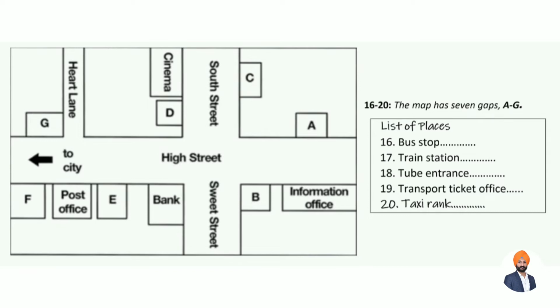Okay, thanks. How can I get from here to Hackney then? Right, well, you can choose. We're here at the information office, OK? Now, next to us, on the corner of the High Street and Sweet Street, is the bus stop, opposite the bank. The bus goes all the way to Hackney, but it is a very indirect route, so it could